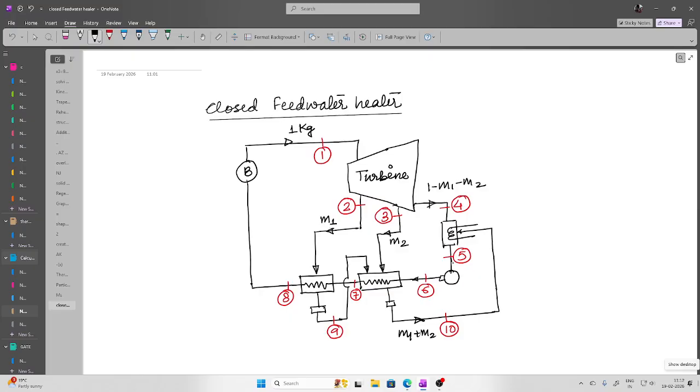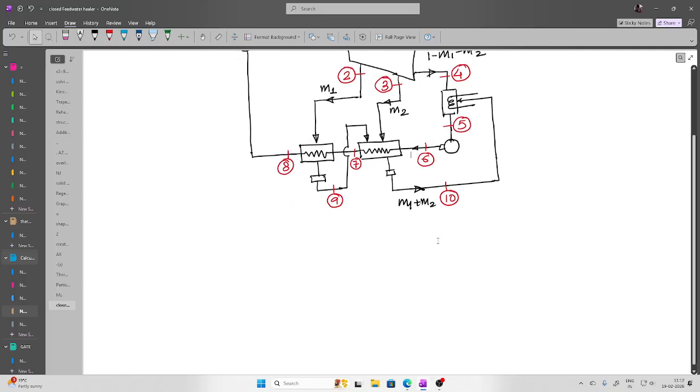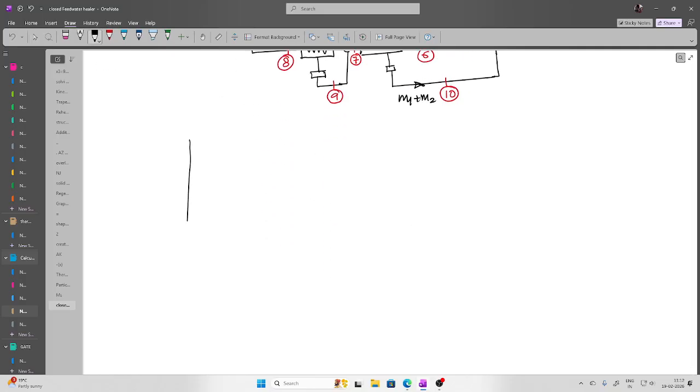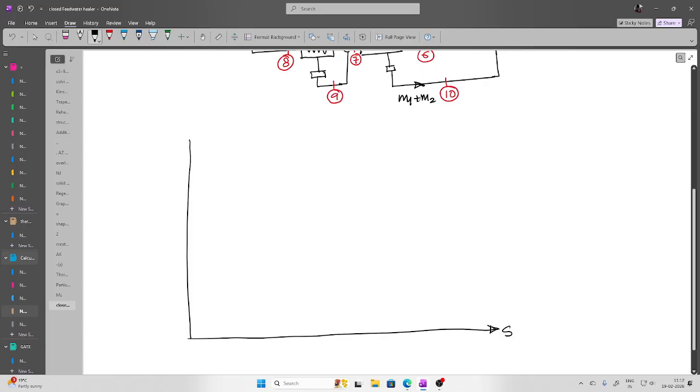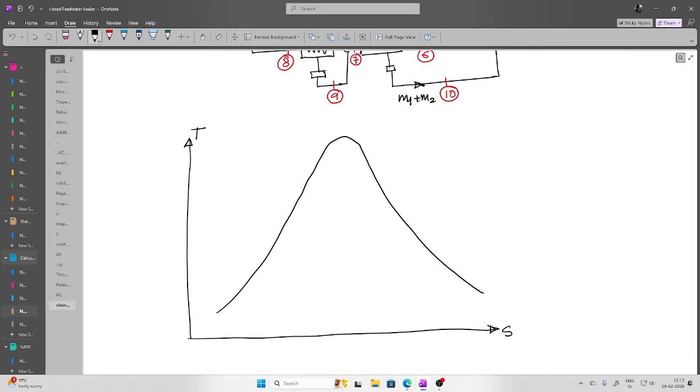After the condenser, we will have 1 kilogram of water. So this is basically the mass conservation. So let us try to draw the TS diagram for this cycle. Let's say this is the higher pressure,